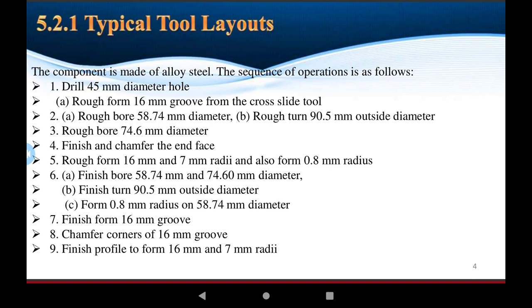Okay, this is the drilling tool. The 45 diameter of holes is created by the machine. And rough surface for the 60 groove from the cross slide. Okay, cross slide tools. So this is what I discussed, and part 2 is the